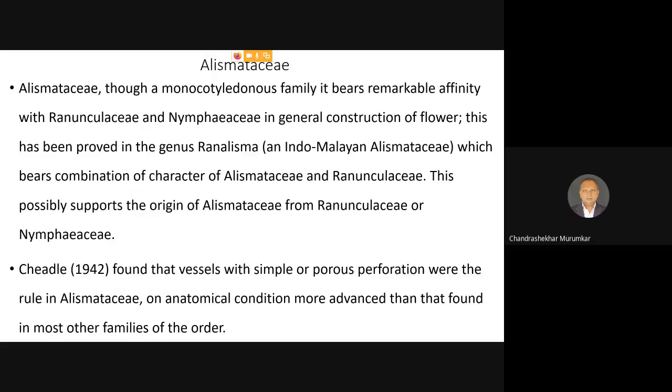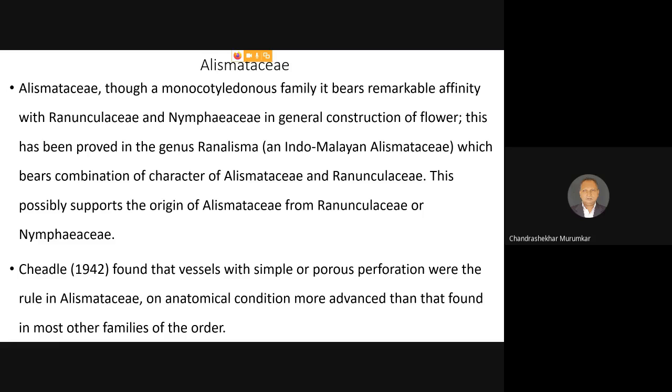seen in Alismataceae, because in Combinaceae as well as in Ranunculaceae, the floral structure is in multiples of 4 or 5, whereas in Alismataceae it is a typical trimerous flower, and because of that it also shows several monocot characters like parallel venation, closed vascular bundles, and many other characters. Now, as far as the Alismataceae is concerned, though this is a monocot family, it bears a remarkable affinity with